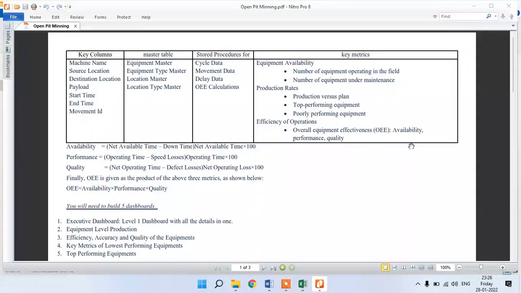Okay, if I multiply availability, performance, and quality, what I get here is that downtime is given in the table, and net available time is also given. This we can find out. In performance, operating time is there, that is the total operating time. Then speed loss I have